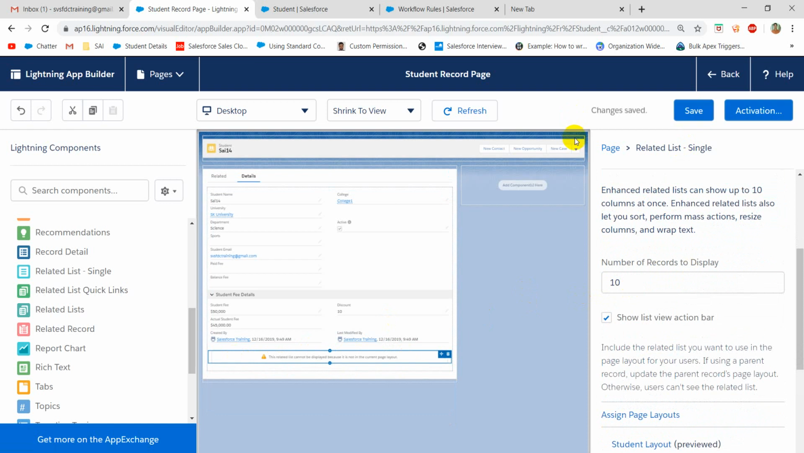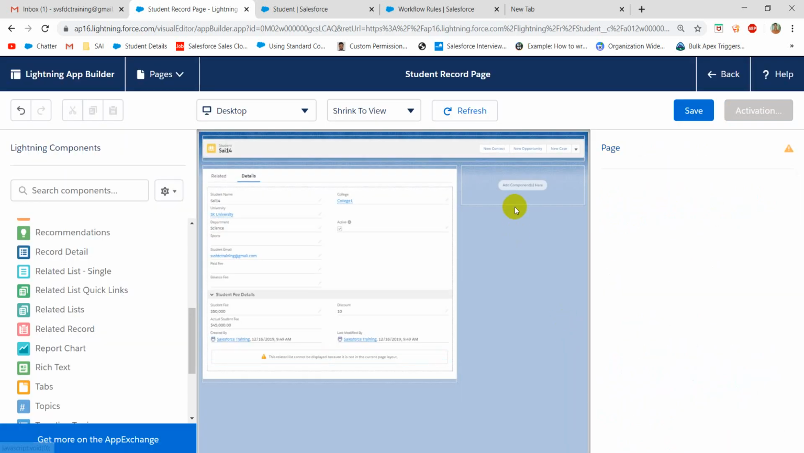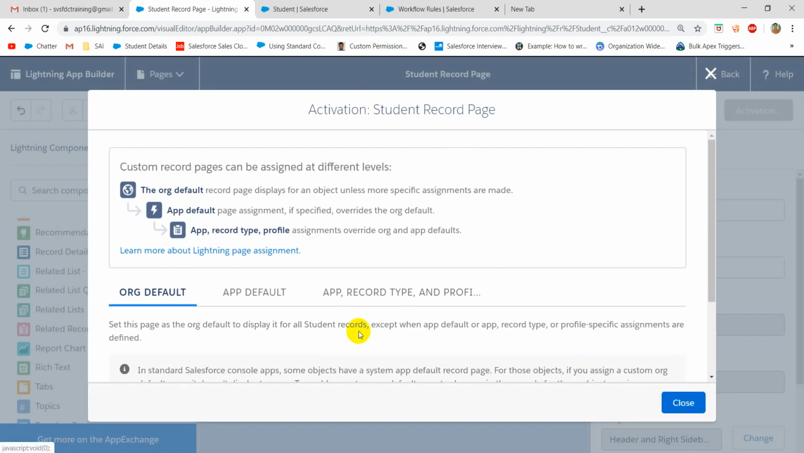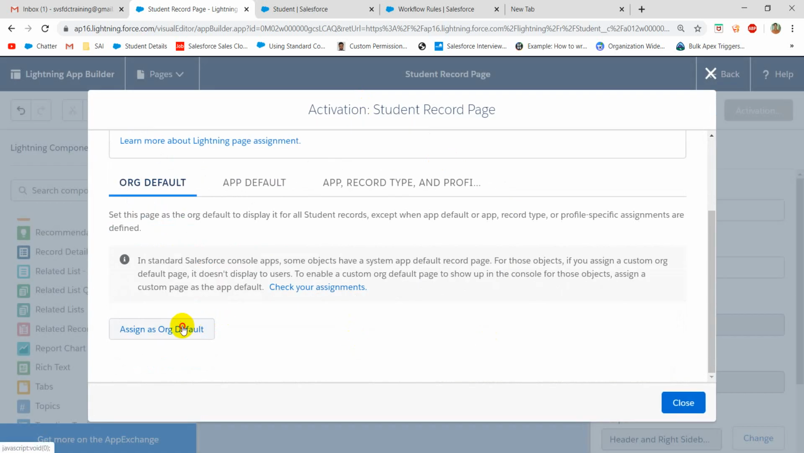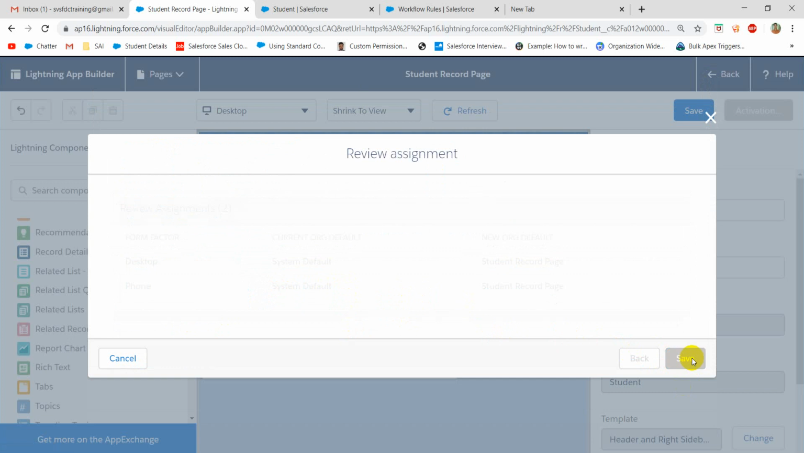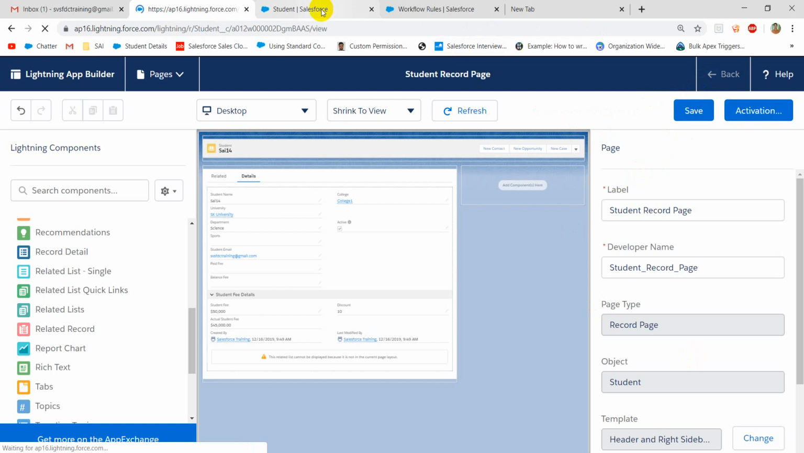But let's say you want to add a field to a layout. How can you do this? So here you have to assign as the default for desktop. Activation changed. Now